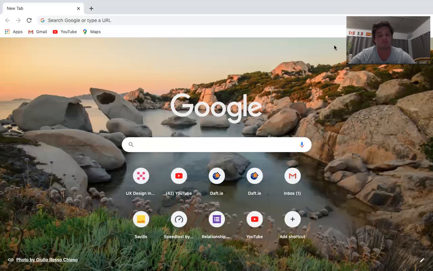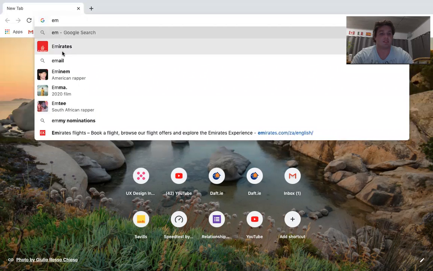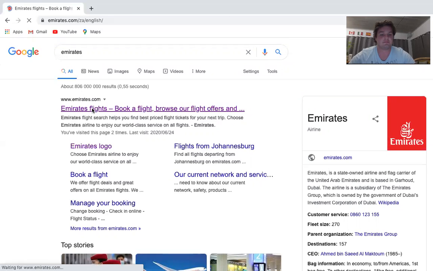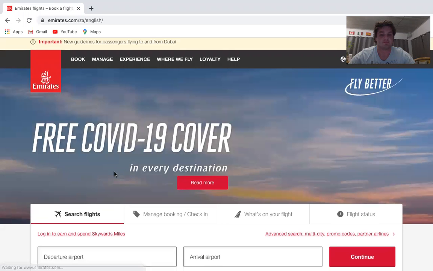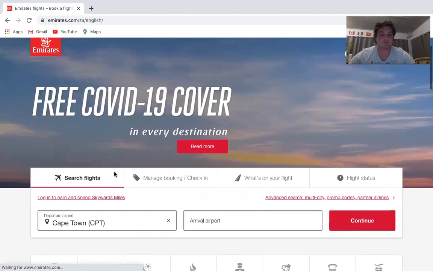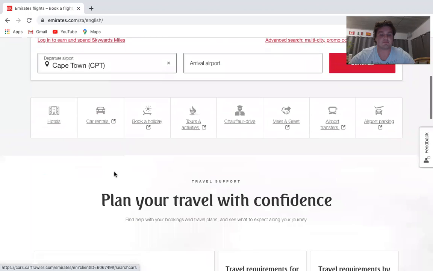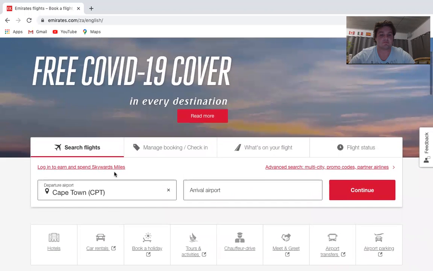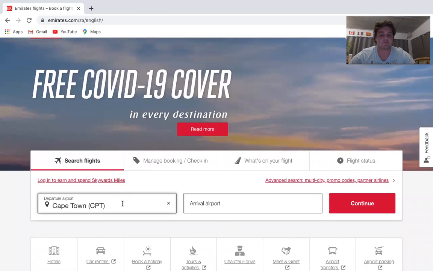So you can log into the Emirates website first. Okay, so you're going to book a flight from Cape Town to Paris from the 1st to the 15th of October. 1st to 15th. Yes. And okay. Just as a note, when you open the